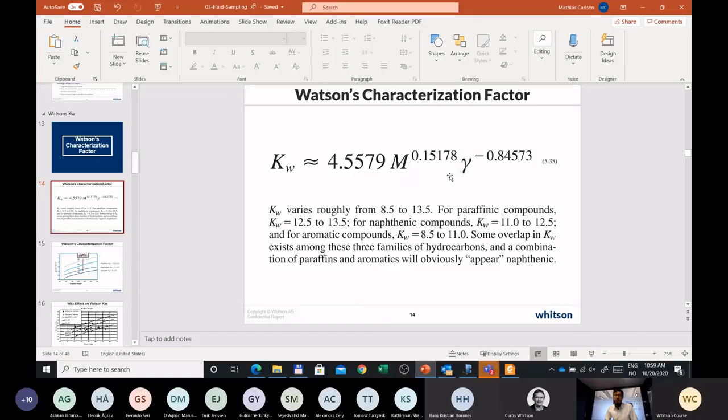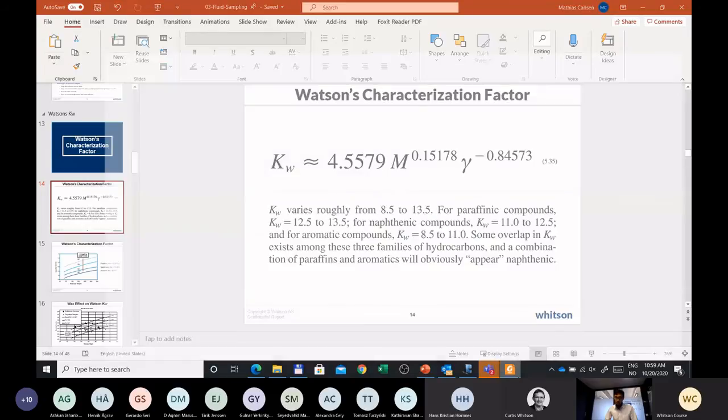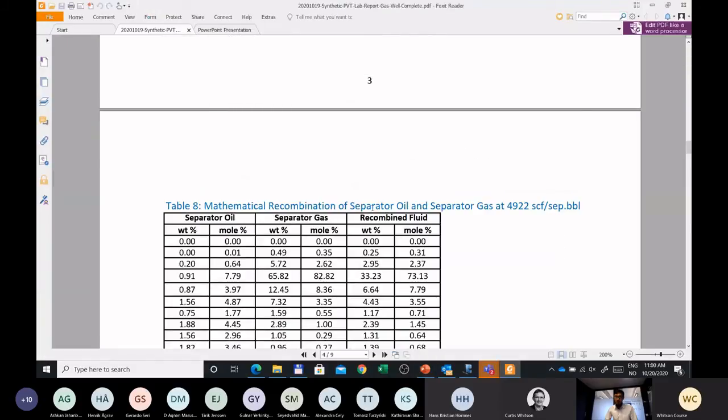The molecular weight and density are only measured for the flashed oils, like the surface oils that you get from the single stage flash of the separator oil, or from the single stage flash of the recombined sample. And since this is a separator recombined sample,